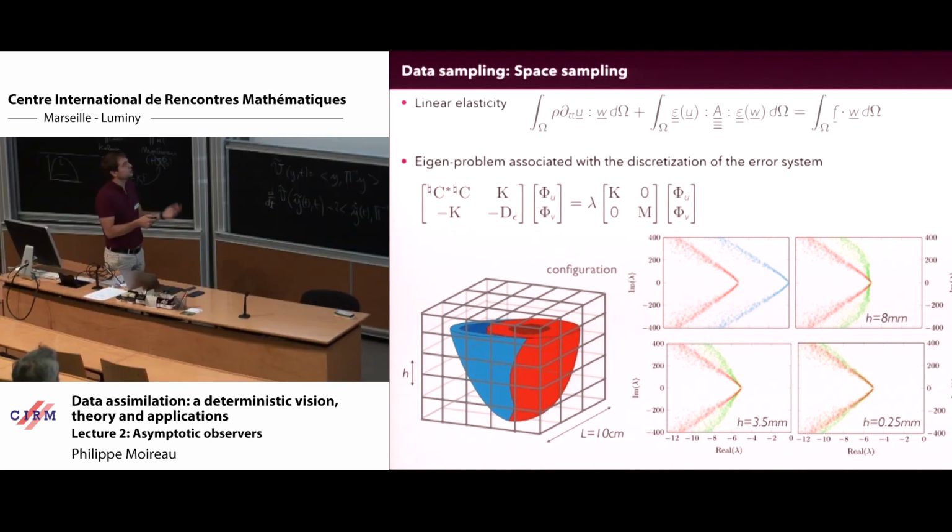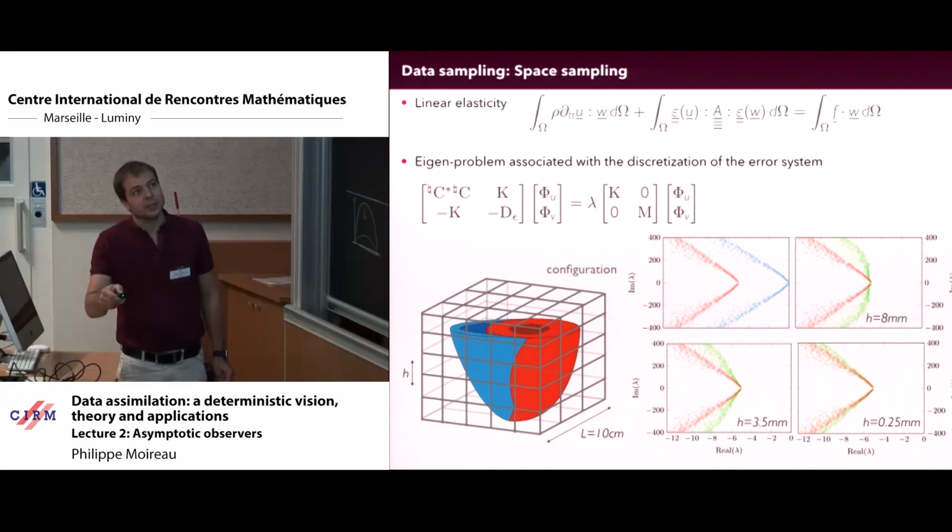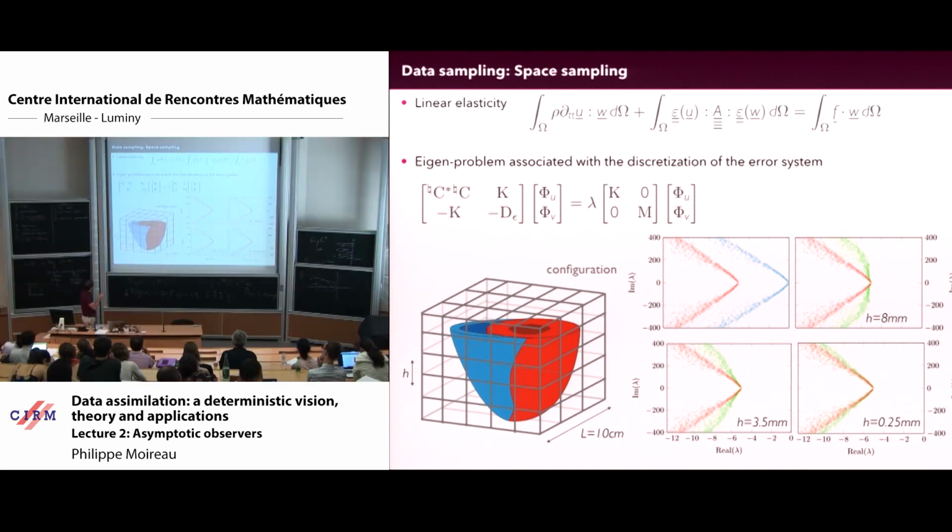So since you observe everywhere, it's very much on the left, okay? And this is the mode for H, and this is the mode for the uncontrolled problem, okay? So uncontrolled problem, then I control the problem, I get this spectrum. And then this in green, this is the mode for the observation where H is going to 0. And you see that if I don't have a small enough H, I cannot recover the exact same behavior as for the continuous problem, okay?